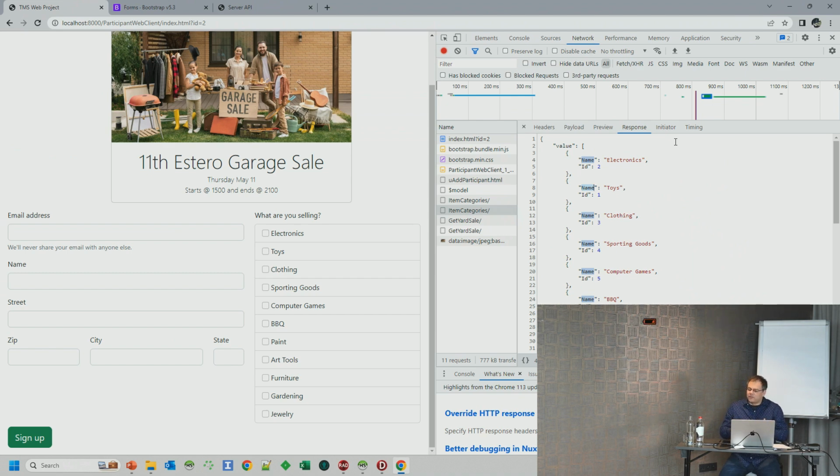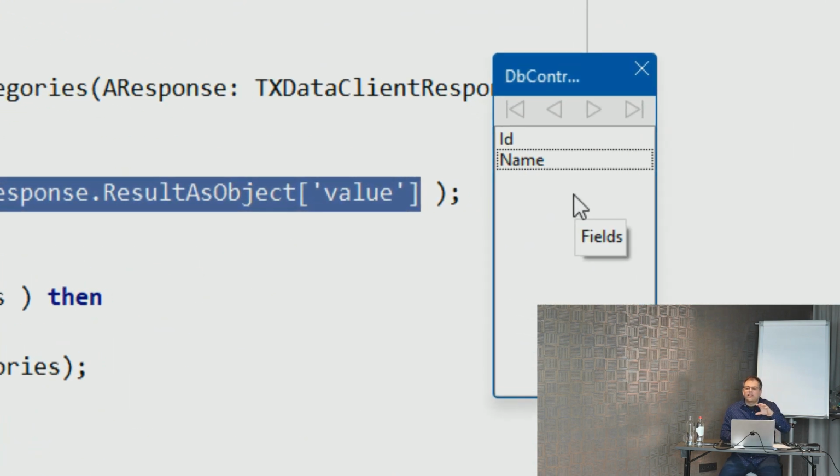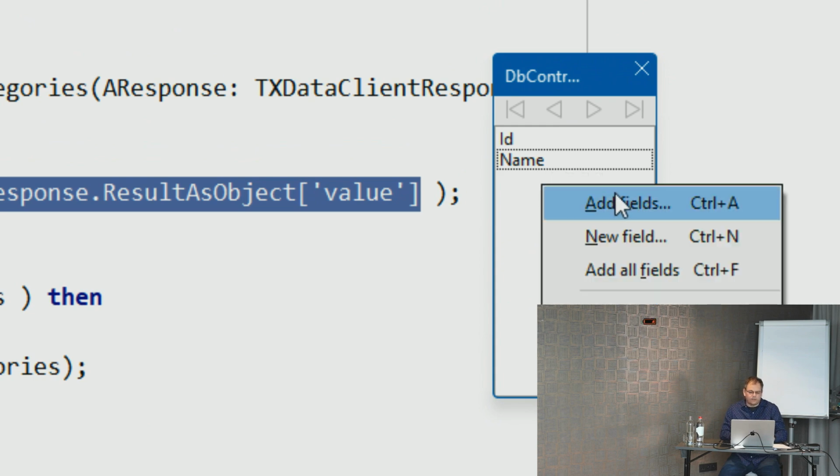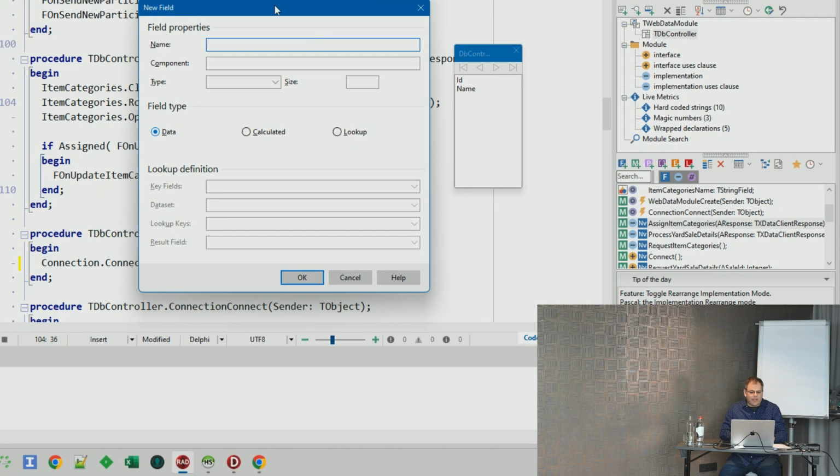So the solution is very, very simple. In addition to the fields that are in here, that are the fields that are inside of the JSON, you can also say add or say new field. And then you, for example, say